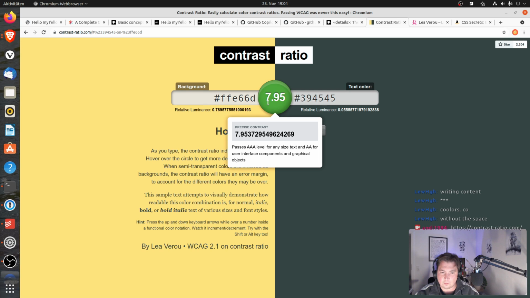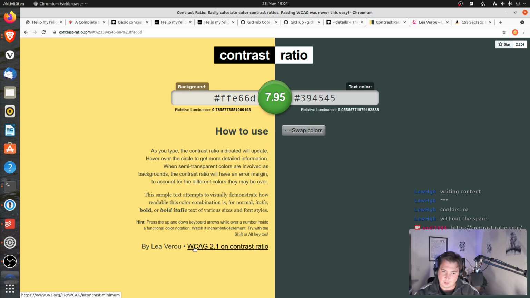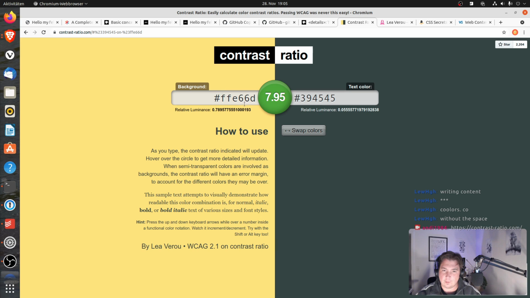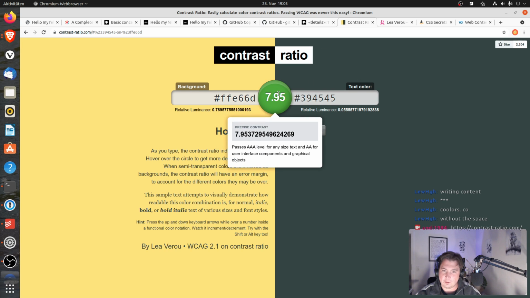and this tool also tells you which level it checks or which level it passes. So when it comes to contrast ratio, there's a standard by the WCAG consortium, and if you have accessibility guidelines, there are different levels. It goes from level A to AA to AAA, and AAA is basically the golden standard. You could do better, but it's already very strict guidelines, and it's hard to even get there. But it basically says in this situation, with the background this color and the text color like this, we pass AAA level for any size text,